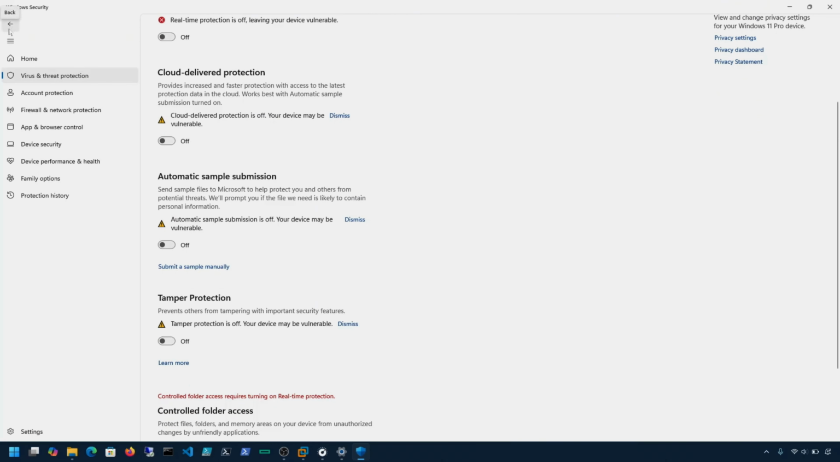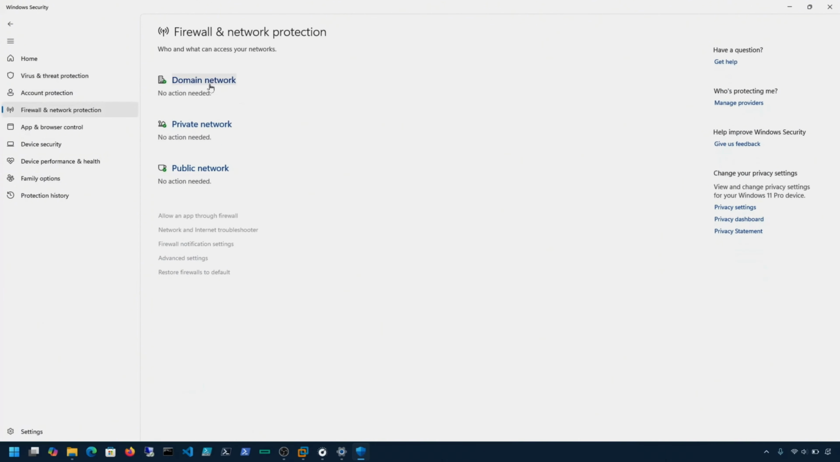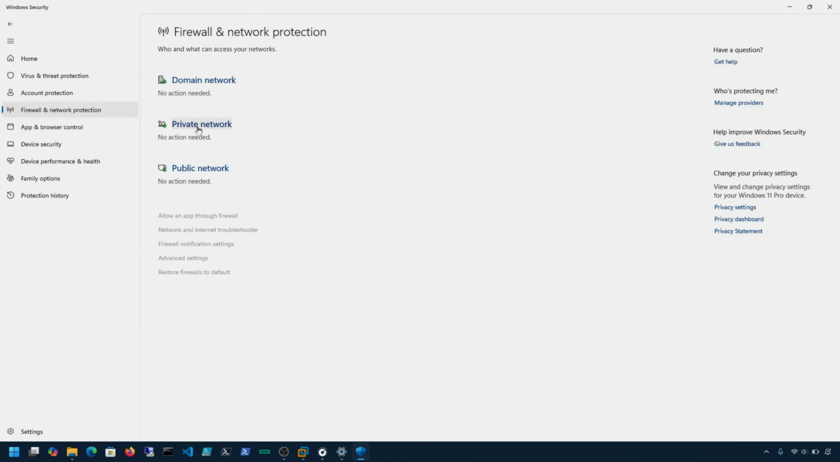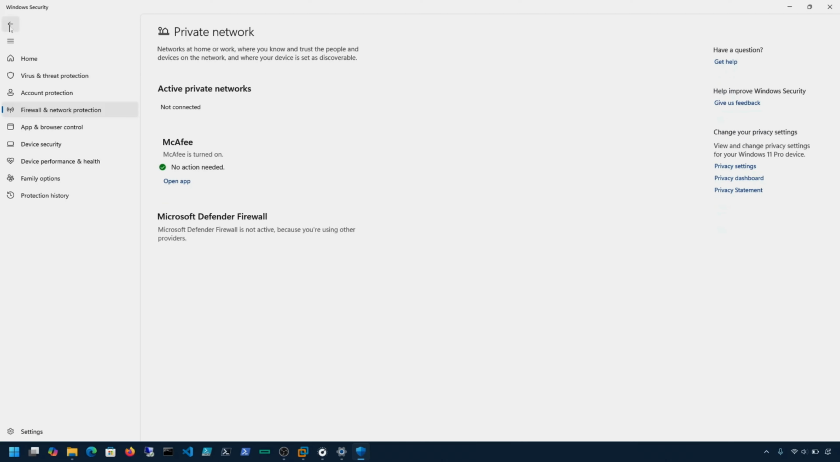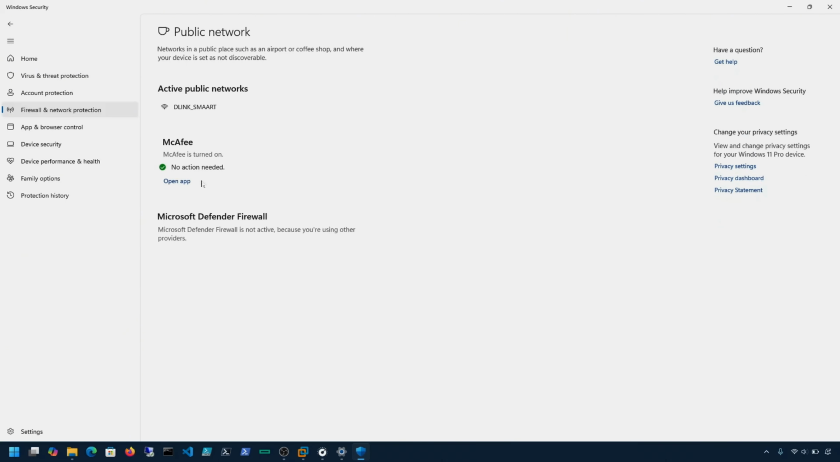And if I go back again, and even if I go to firewall and network protection, if I open this, this is also controlled by McAfee itself. And if I go back for private network, this is also controlled by McAfee itself using the firewall protection. And we can see, if I go to the McAfee console,